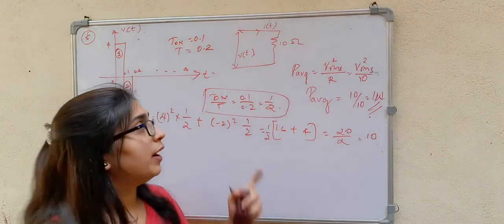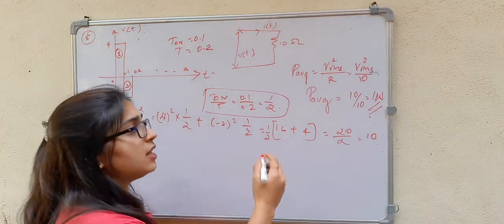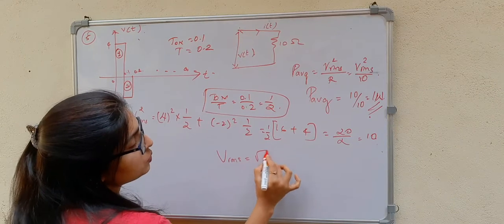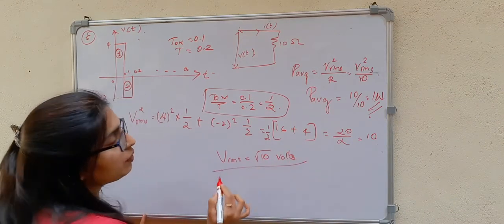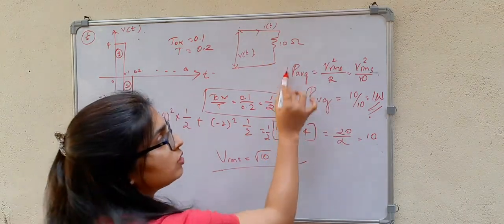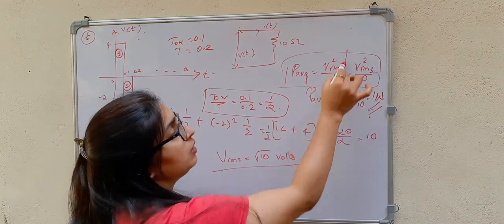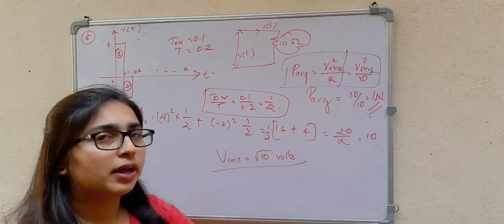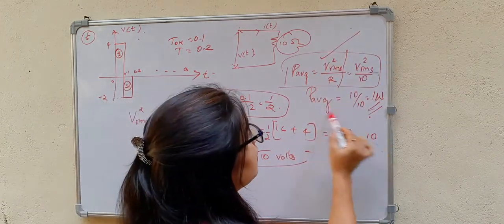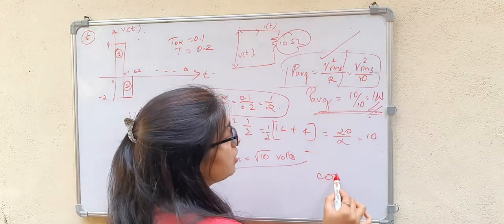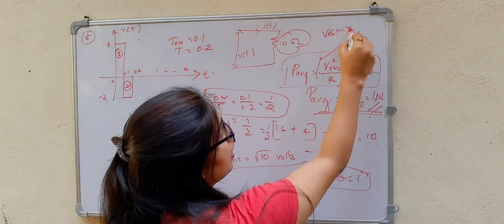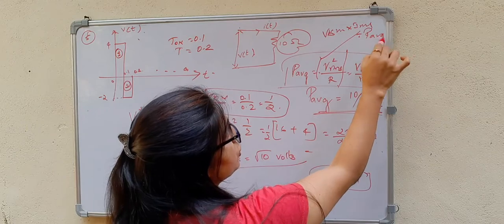So this is how we will find the RMS value. If they just ask you for the RMS value of this, then we can write V RMS is equal to square root of 10 volts. Okay, if they give you this circuit and ask you to find the power dissipated in the resistor, then go for this formula. The R may vary. They may give you 100 ohms, 20 ohms, 40, 50, anything. Just go with this formula. You will get the P average. Just remember cos theta is equal to 1 in this case. Therefore, we have V RMS into I RMS, that is equal to P average.